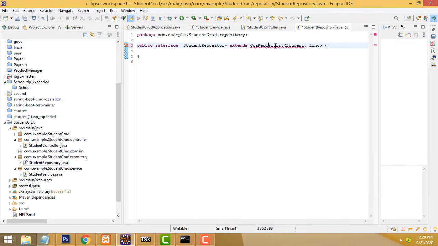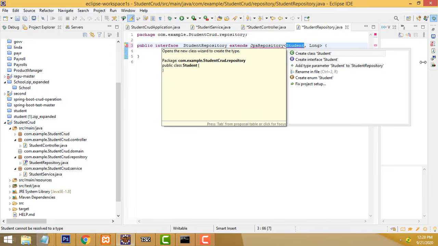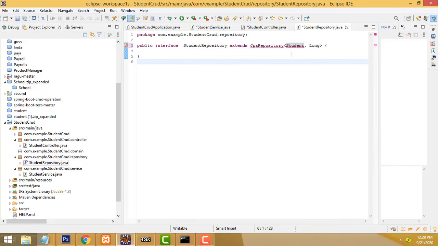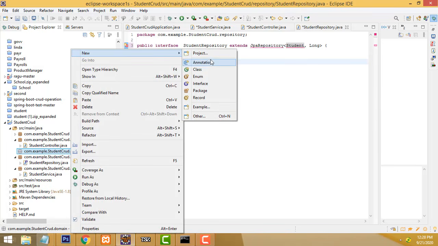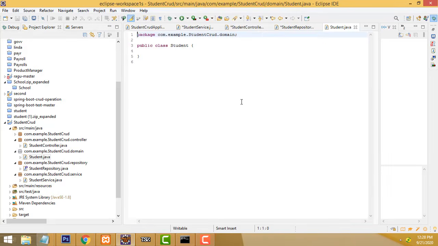Okay, click on this one. Here we have to write the student class and everything. We didn't create any domain part, right? So we have to add the domain part over here. Okay, keep this error. After we add the domain, it will go away. The class should be student. This is student. This class has properties, methods, all the stuff. Right. This is a very simple one. We have to write it like this.